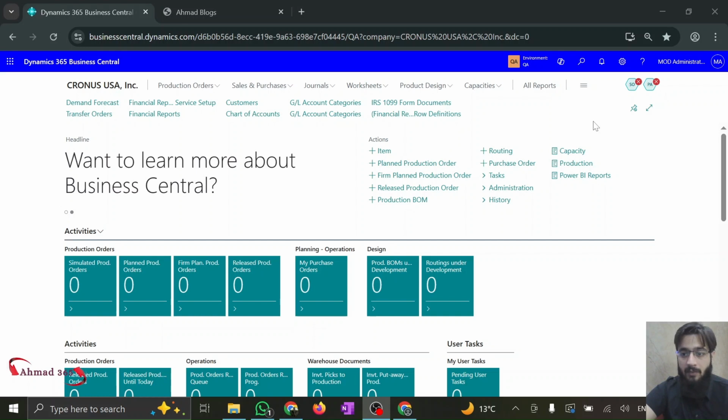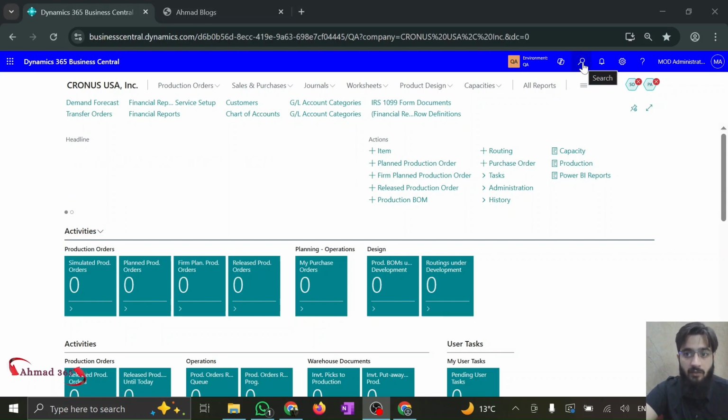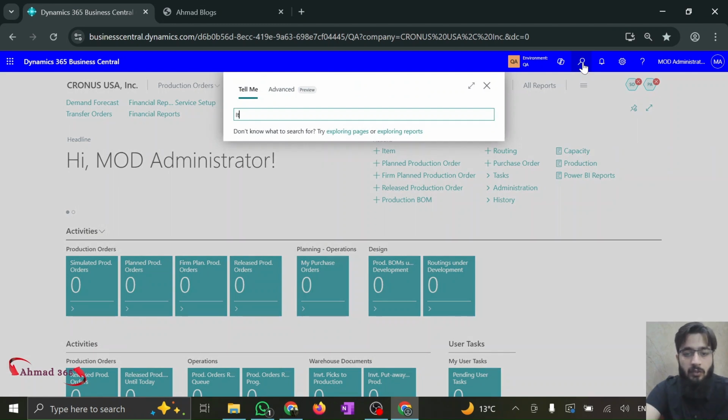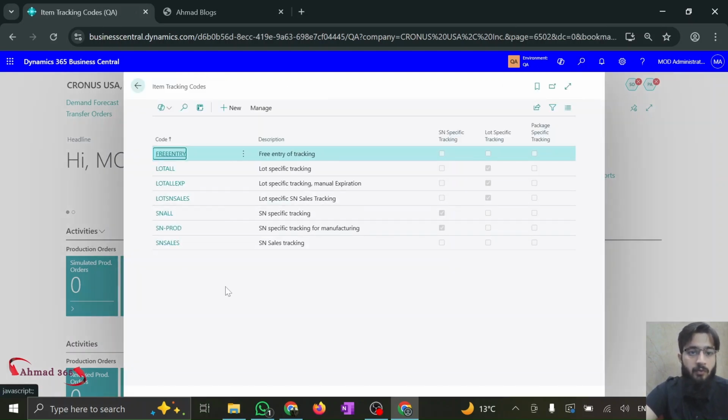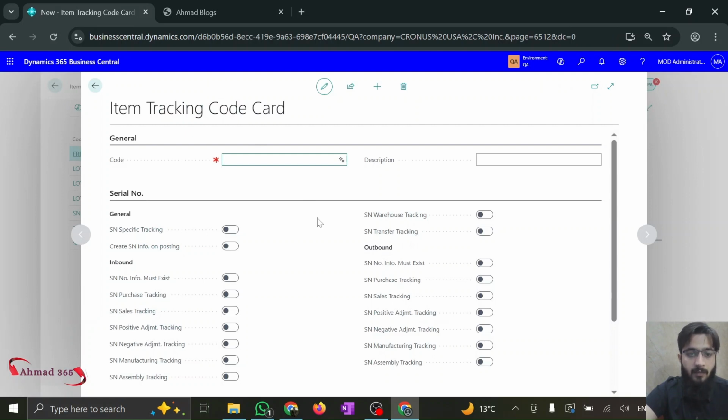We are going to start with the item tracking code, and from the item tracking code we are going to check the booleans which are available by default in Business Central. So for that we need to go to the item tracking code. Quickly we are going to create a new one and try to use the lot number series for that. We are going to use 2 to 3 different item tracking codes and try to apply that on